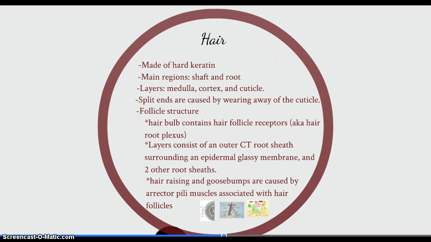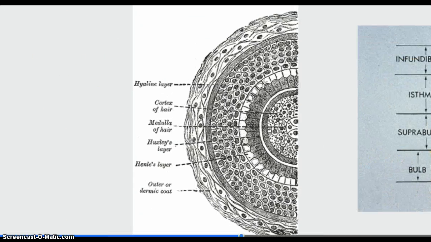So let's take a look at these pictures. This is from Grey's Anatomy, so the names will be different from what we call them nowadays. This central layer is called the medulla of the hair. This next layer is called the cortex, and the outer layer is called the cuticle. These three layers are of the hair itself. So everything that you see on the outside has these three layers. But these three layers are actually on the inside, and they are part of the follicle of the hair, not